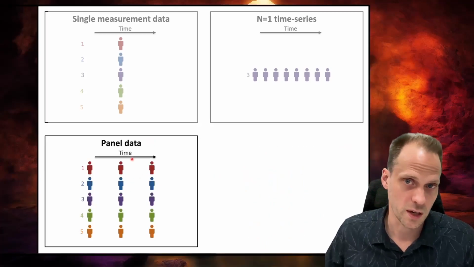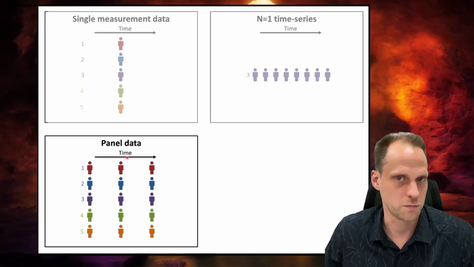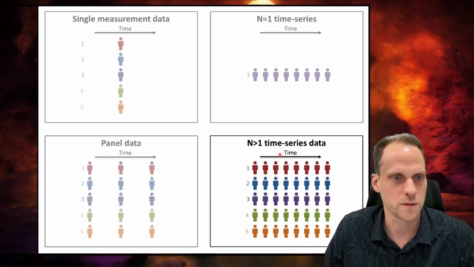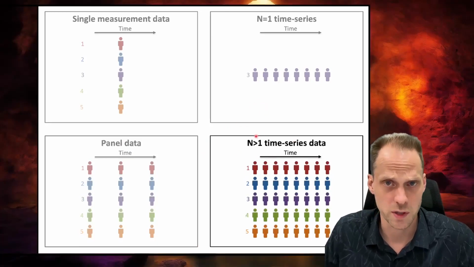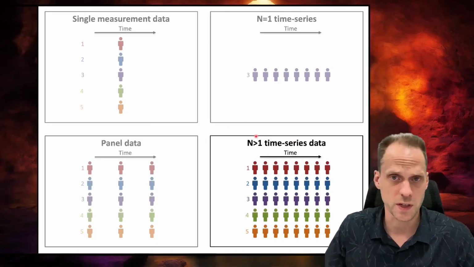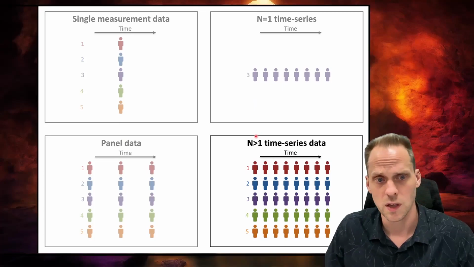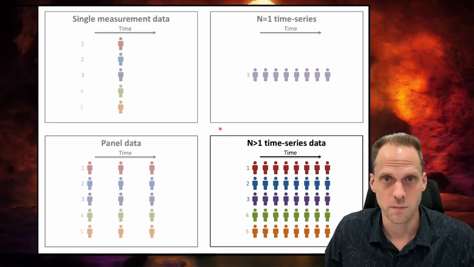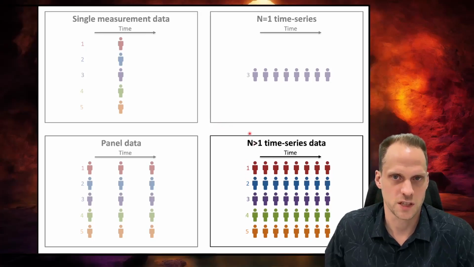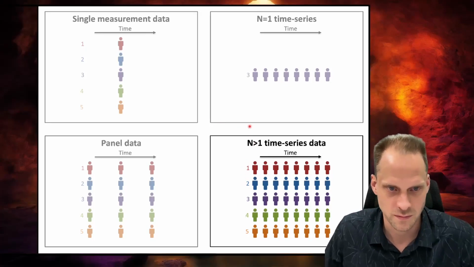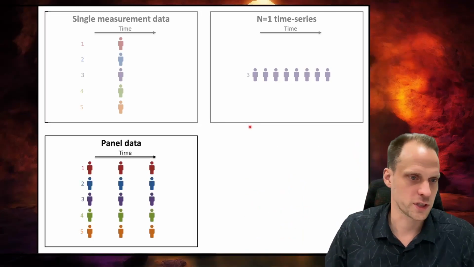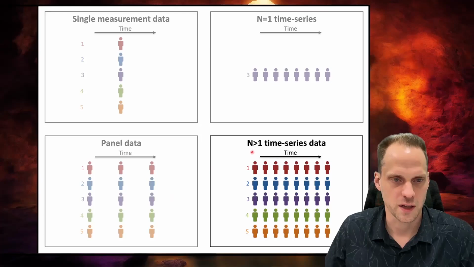And we can also think about n=1 time series, where we have typically fewer people, but measured more intensely. Maybe in panel data, we have 3, 4, 5 measures of maybe 1,000 people, or 5,000 people, or 500, but like a lot. And in time series, we might have like 50, 60 observations, or at least more than 20, of usually fewer people, maybe like 100 or so, because it's very hard to get this type of intensive time series data. And of course there's a gray area between panel data and time series data, but I won't talk about it now.